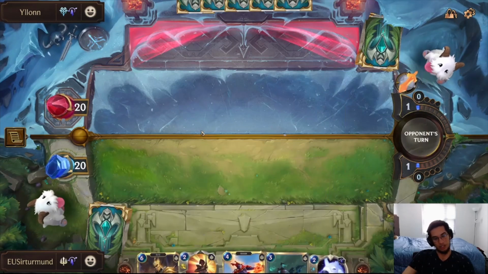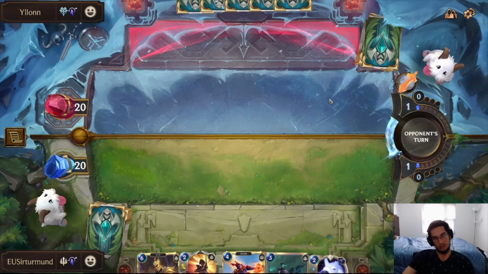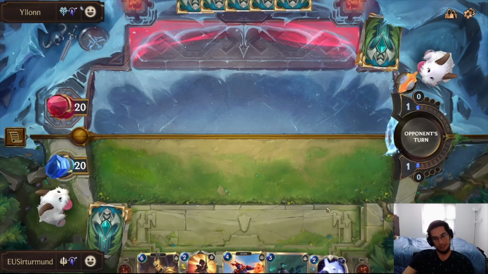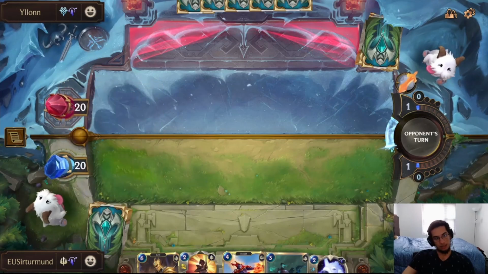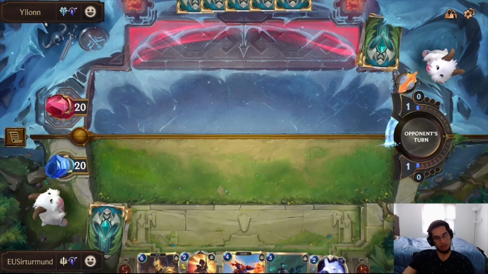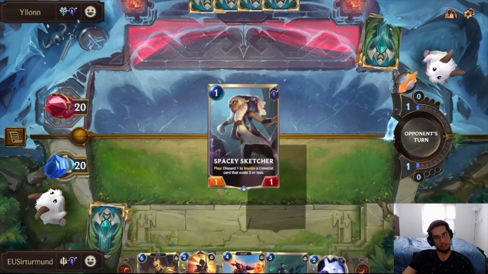It is a little bit slow though. We can do Rune Dragon, Shyvana, and then have access to Single Combat. It is a little bit slow. Things that Targon picks reduce though is not bad. The good thing about our units is that they are stronger than the...